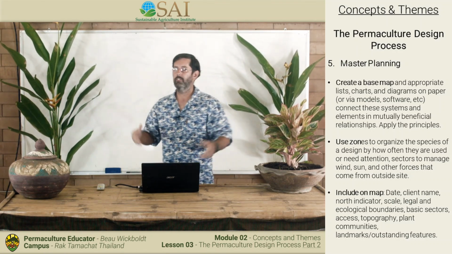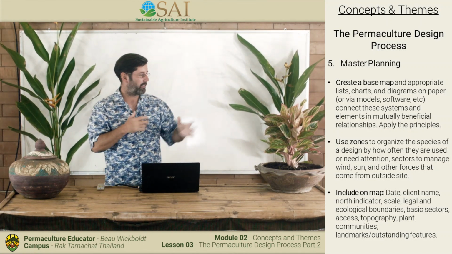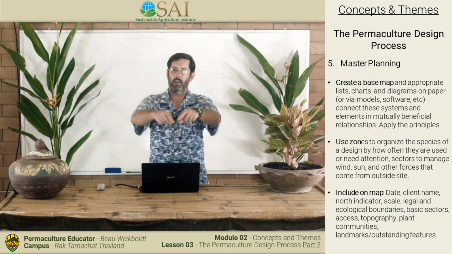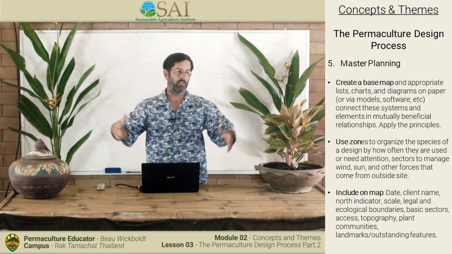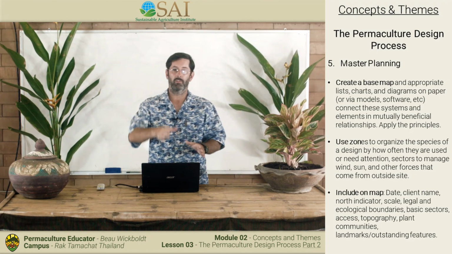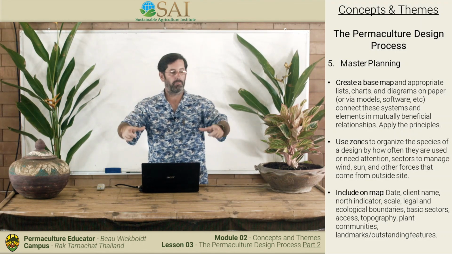After I've looked at all the research, I'm learning about everything. I'm finding out about plants. I'm trying to figure out how it works. I can create base maps. So now I have the outline of my property, the perimeter. I would put any established things if there was already access or a road, if there was already, let's say, a home or a barn or maybe water. And that becomes the base map.